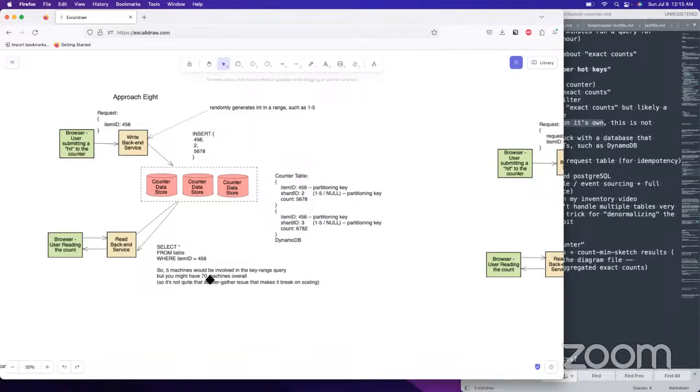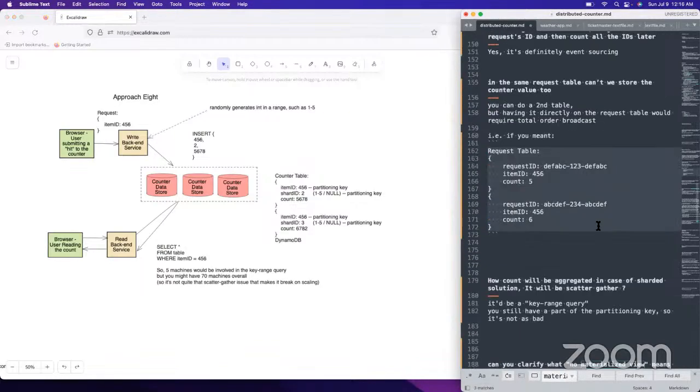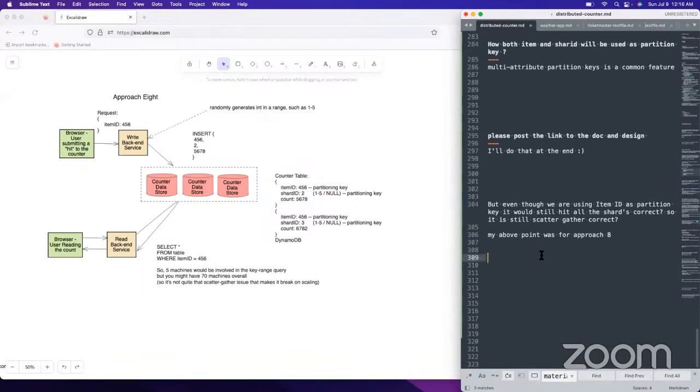Scatter gather might just mean whenever you have to hit multiple machines. But scatter gather usually has this connotation in my head where you're going to be hitting every single machine. So you want to really make sure that your read volume is low.